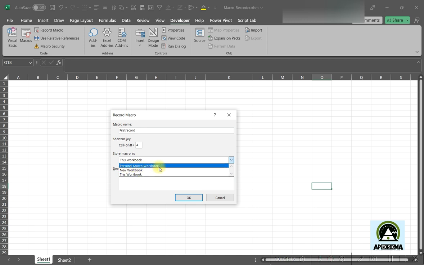Or you can have it in a personal macro workbook. Now this is a very interesting thing. Let's say that this macro has to be used every time in every workbook, and you don't want to copy this macro from this workbook to another. You can use this option. But right now we will go only with this workbook, and we will give a description that it left and center